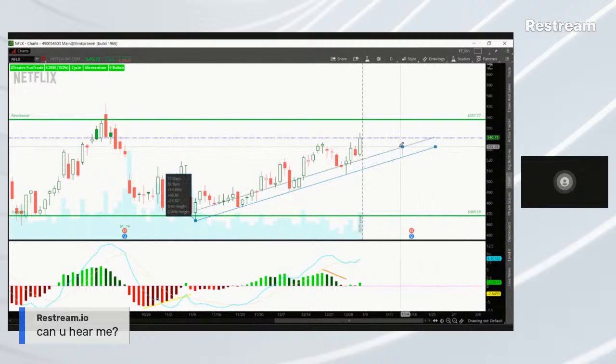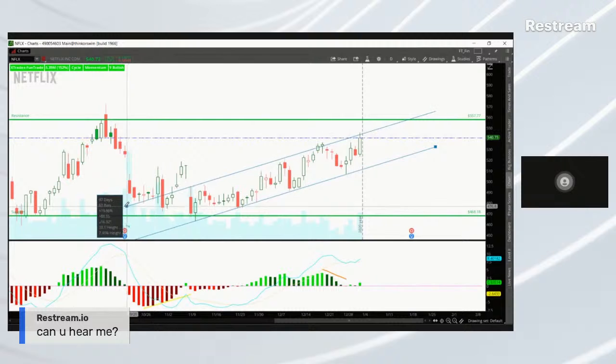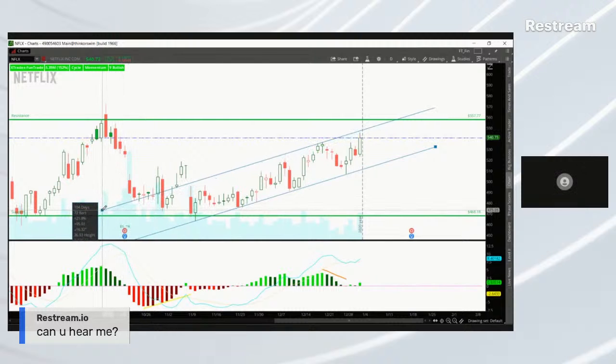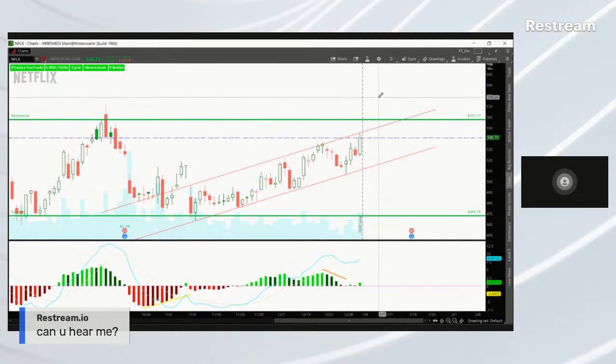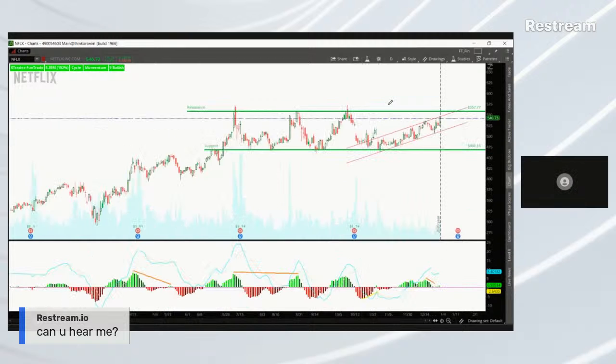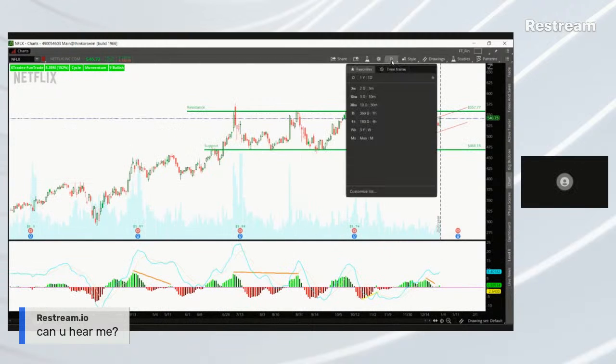So I can see here we have a very nice channel, right? This is where we can see that Netflix is holding a bullish channel, bouncing off from support levels. So let me just auto zoom and go into my